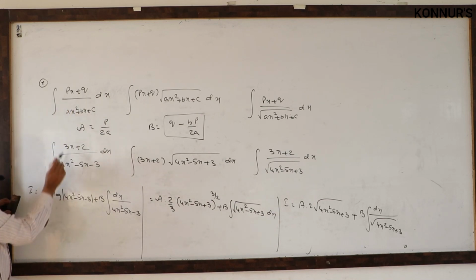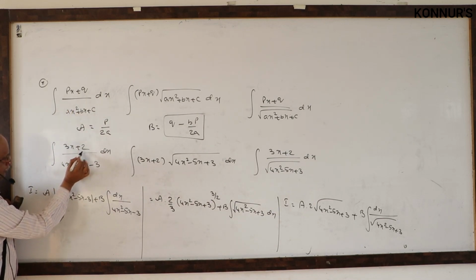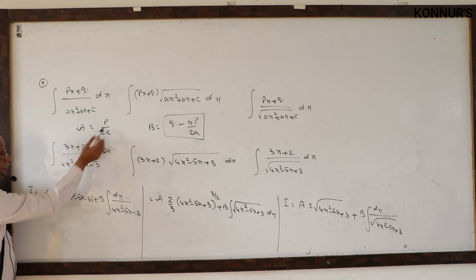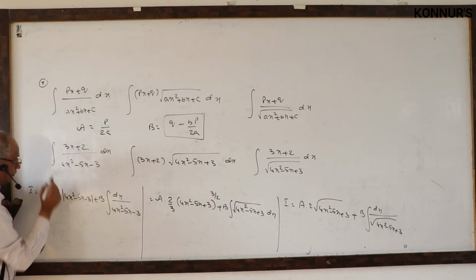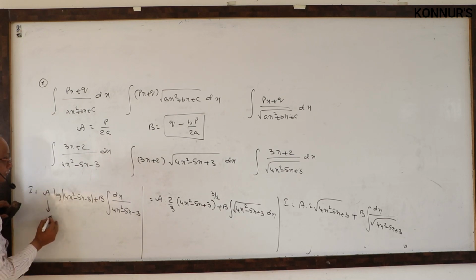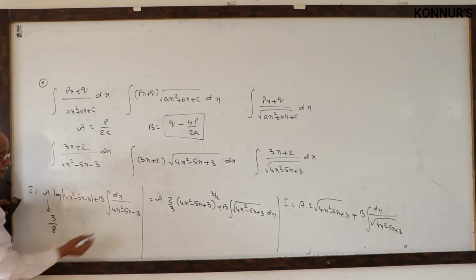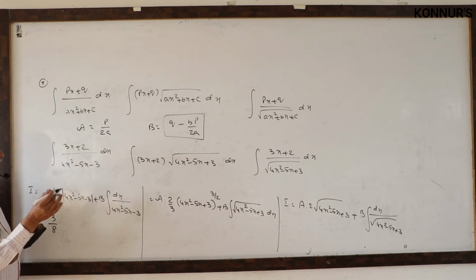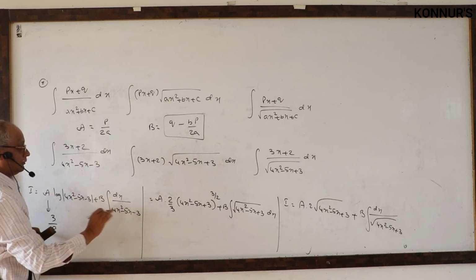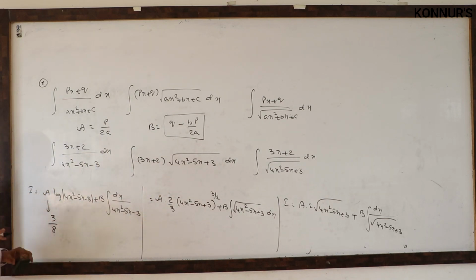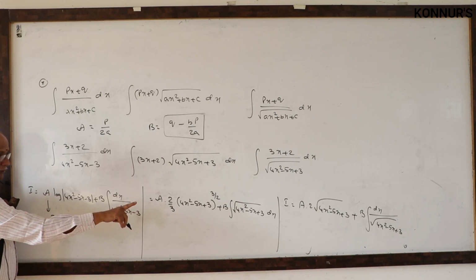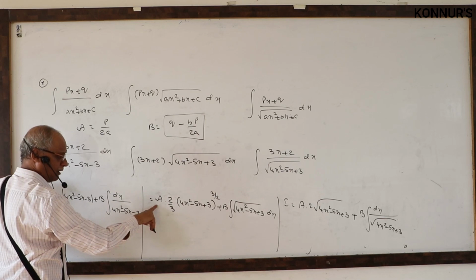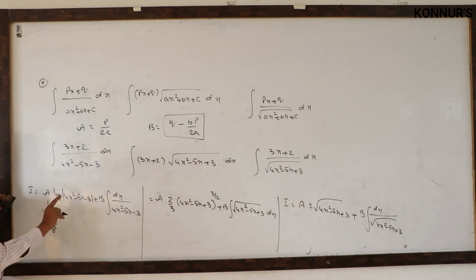Compare it to this formula. What is the general form? P, Q, A, B, C. P and A only are main. Here P is 3, A is 4. What is the A value now? 3 by 8. All of them use the same formula. No changing. Same. The answer is the same. The expression is different because the problem is different, but your A value, B value in every problem is the same answer.